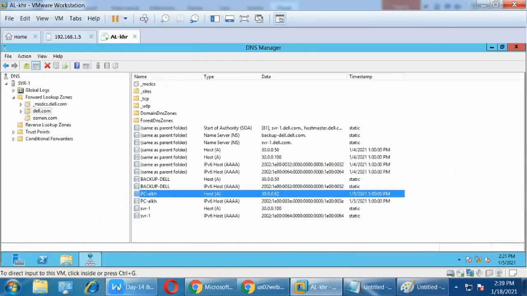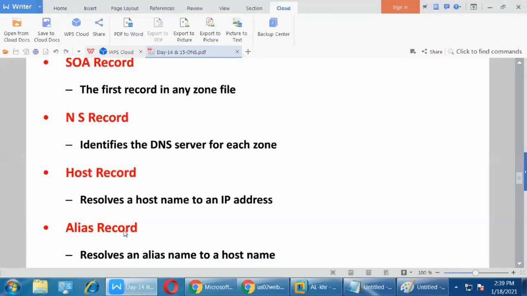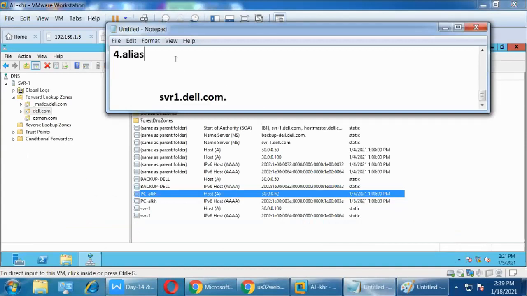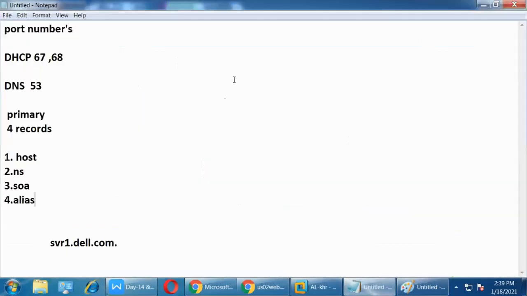Now the last one, alias. See, alias record is alias record. Here nothing but www. World Wide Web. So what we are telling here, see here, guys.